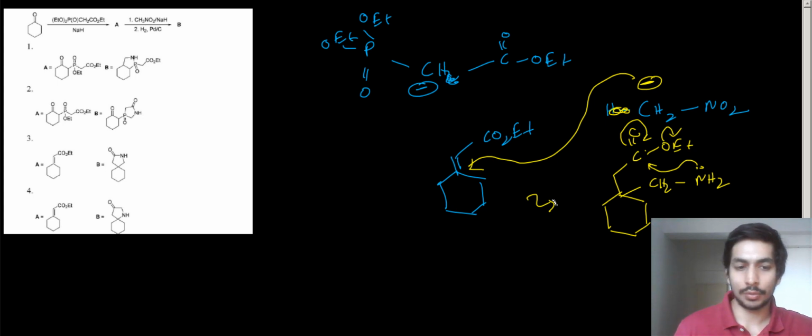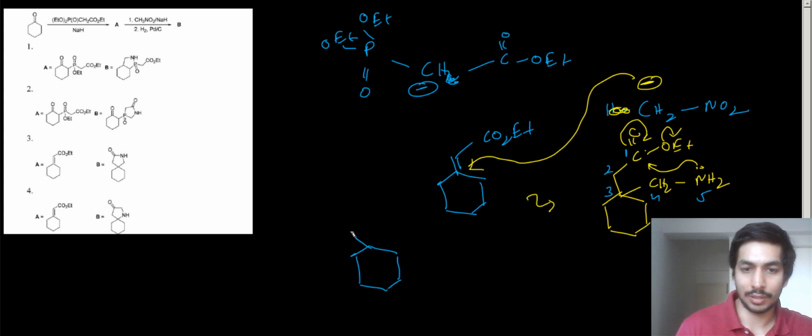So finally what you will get, you can label the carbon atoms if you want. This is carbon number 1, 2, 3, 4, 5, right? So we are going to get a 5-membered ring, a spirocyclic ring. You can draw it over here. We'll get a 5-membered ring. Let's say this is carbon number 1. To this carbon number 1, we have a CO group attached, and then we have carbon number 2, carbon number 3 over here, carbon number 4, and carbon number 5 is NH.